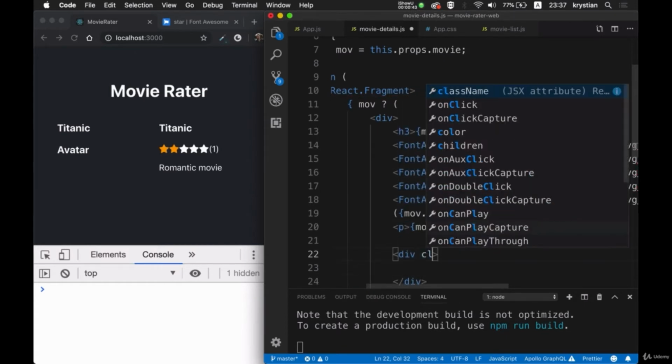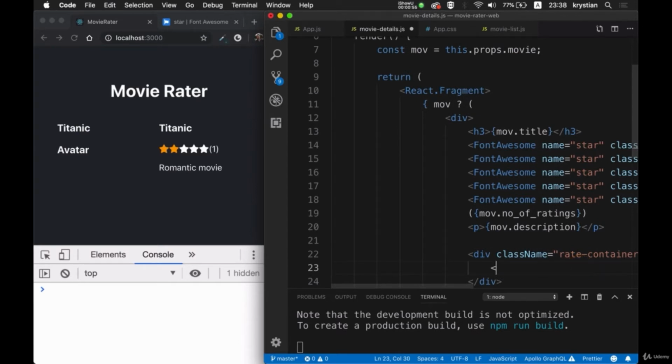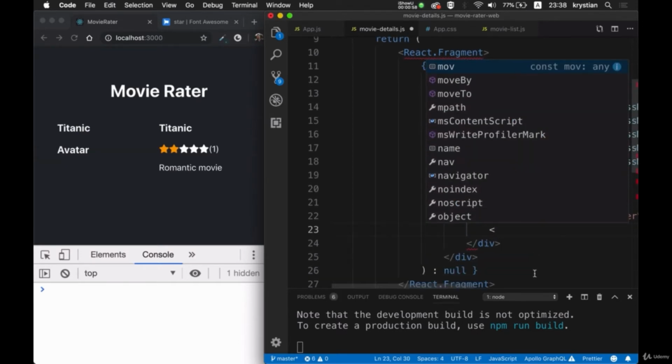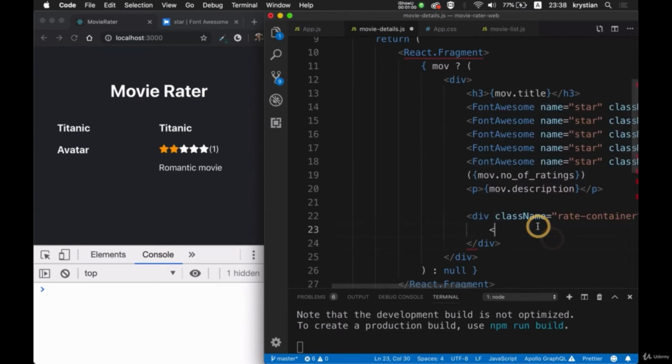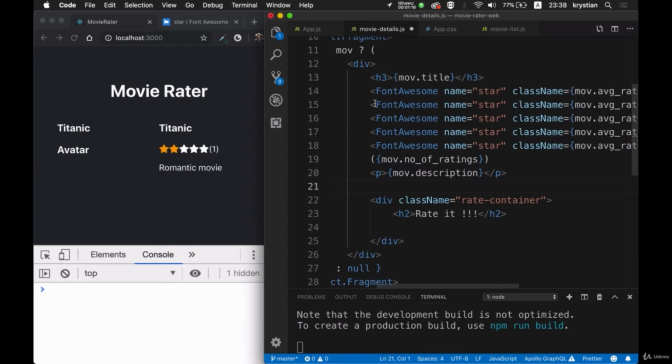and then I can give it a class name of rate-container like that. So it doesn't really matter at this point, but it will help us with styling some things later. So I will do an h2 here and I will write Rated, let's say like this. And then what we can do is possibly grab this entire FontAwesome star here,